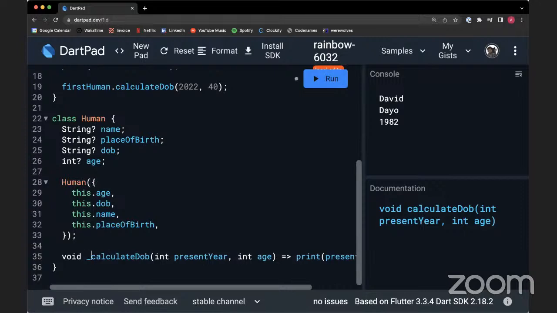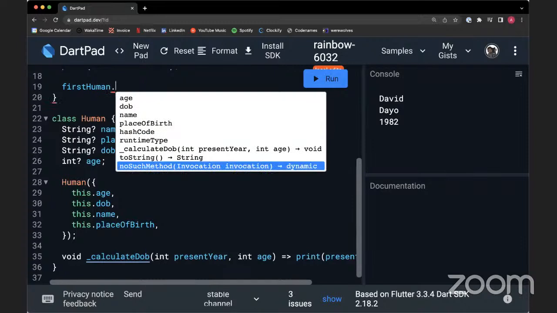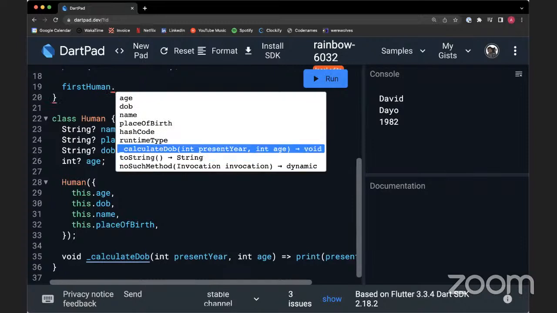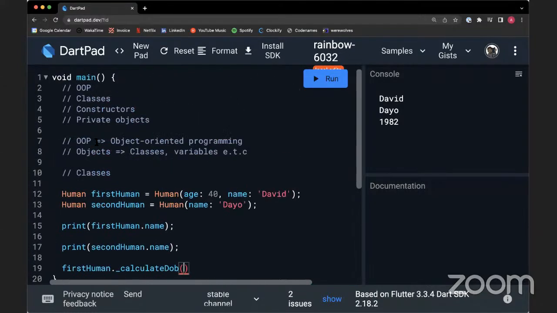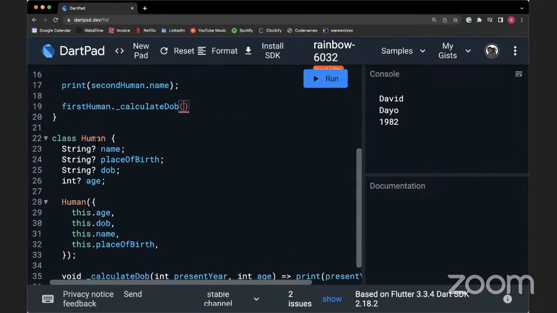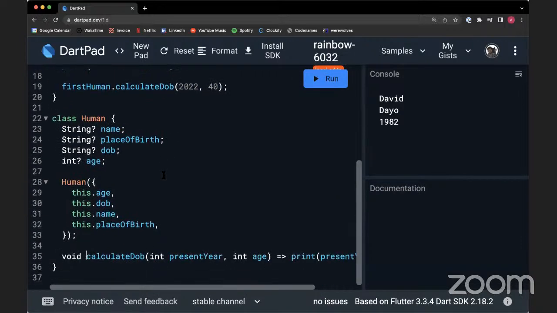But if I were to replace this with an underscore, I don't think, let me see. Still accessible. That's weird. Oh, we're in the same, oh, okay. But yeah, this is really not going to properly explain it because we're pretty much working from the same file. So yeah, if we had different files, we would have been able to